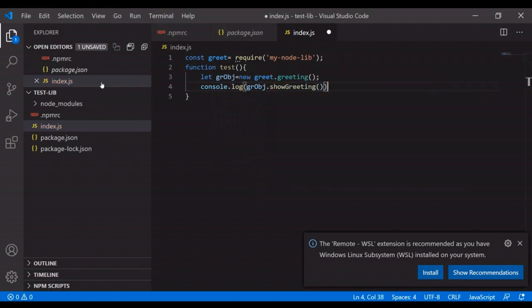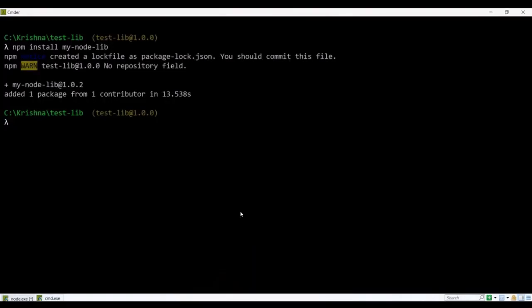Show greetings. Call the text method. Let's execute the JavaScript file: node followed by index.js. It's called and executed from the local repository.